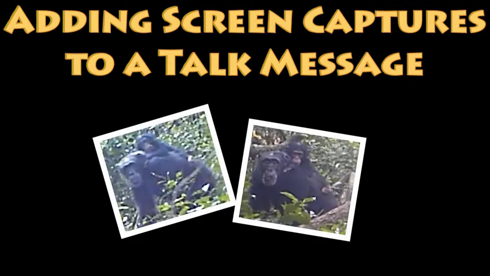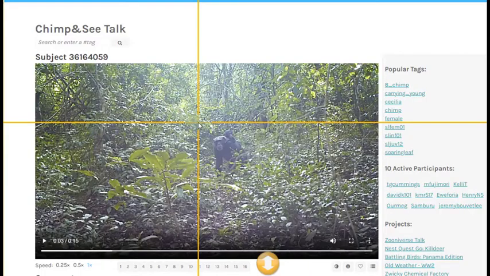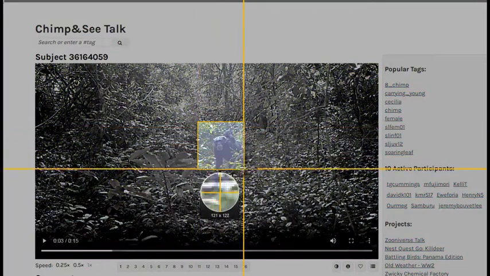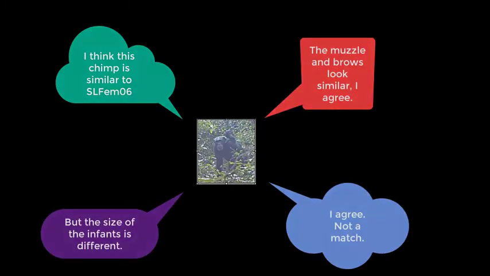When you're involved in chimp matching, it's so helpful to view photos and collages that other volunteers have posted as a way to help you see what they see. Volunteers share screen captures of photos and videos to help identify chimps in a proposed match or to bring attention to specific traits that a chimp might have. This tutorial explains how to make an image of a region on your screen and share the image with the talk community in your research site.